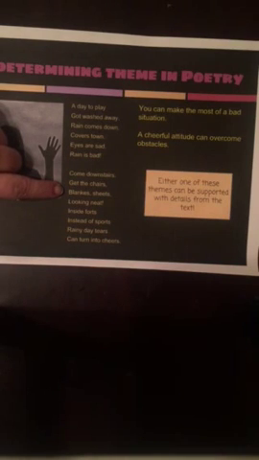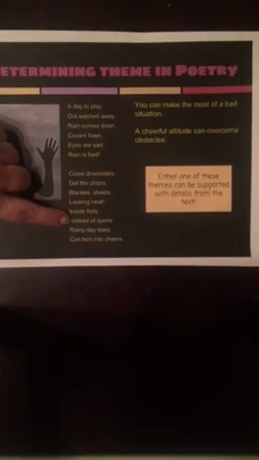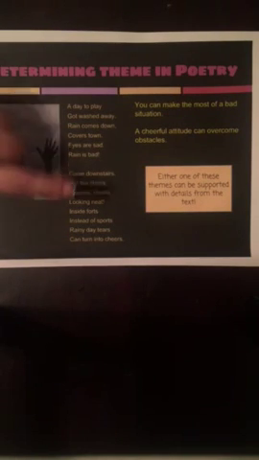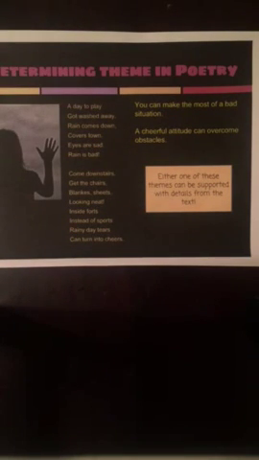And like we said, poems and stories can have more than one theme. So both of these themes can be supported with details from the text. Both of these can be the theme of this poem. The first one is you can make the most of a bad situation. We saw that happen. We see from the evidence that they decided to bring down blankets and sheets and make forts. And instead of sports, rainy day tears turn into cheers. A cheerful attitude can overcome obstacles. They really did decide to not dwell on the rain, have a cheerful attitude, try to find something fun to do, and they overcame the obstacle, which was rain.